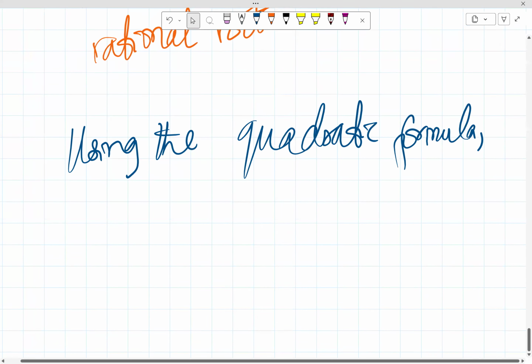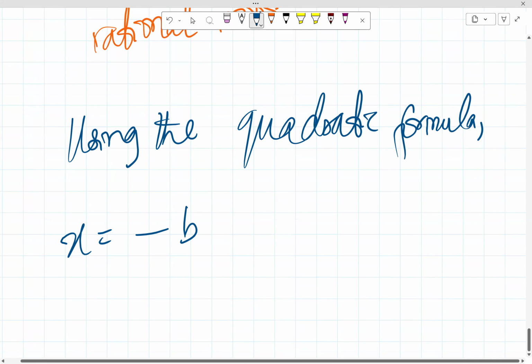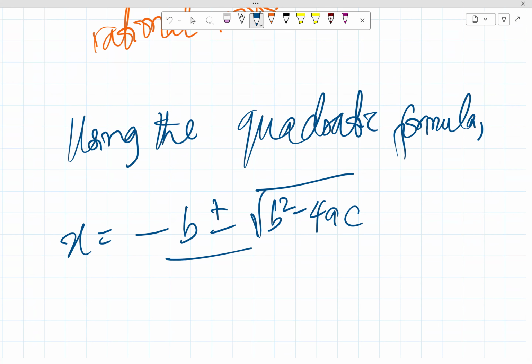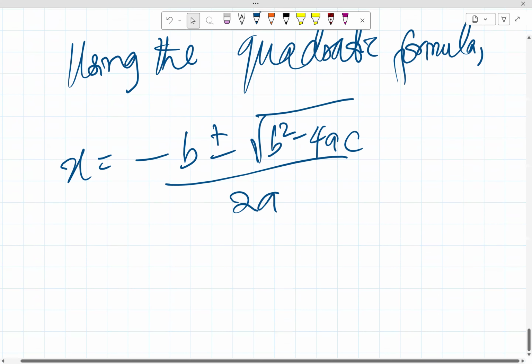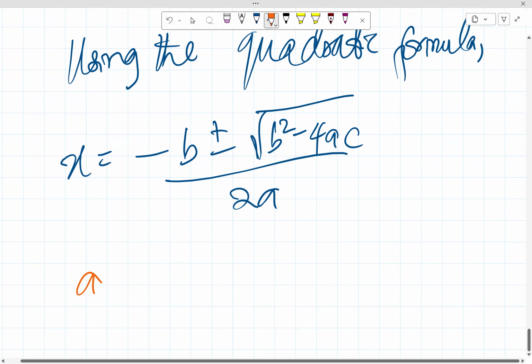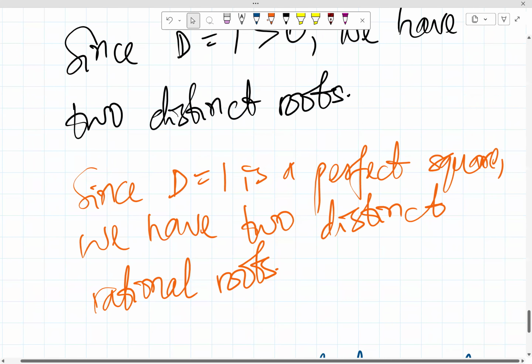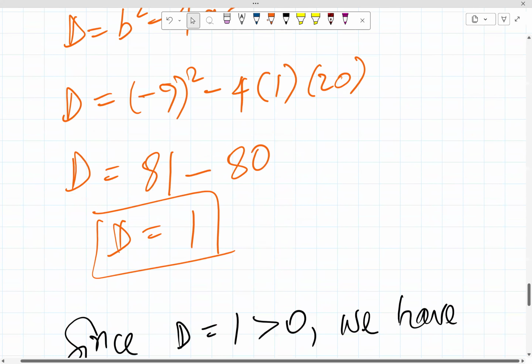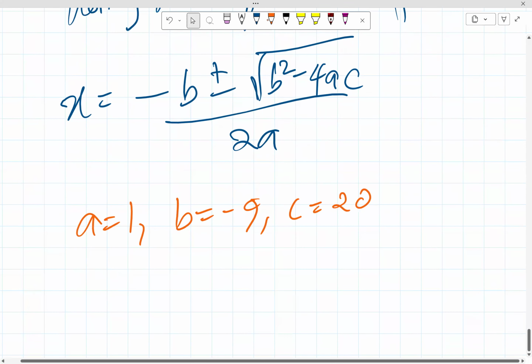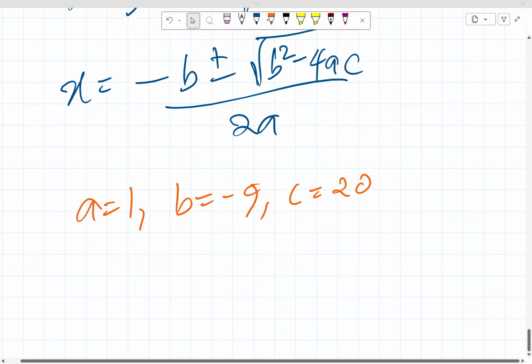So we can then have x is equal to minus b plus or minus square root of b squared minus 4ac, all over 2a. Again, to remind ourselves, we know a is 1, b is minus 9, and c is 20. I think that's what we have. So now we already know we're going to have two distinct rational roots. So in this case, we have x equals